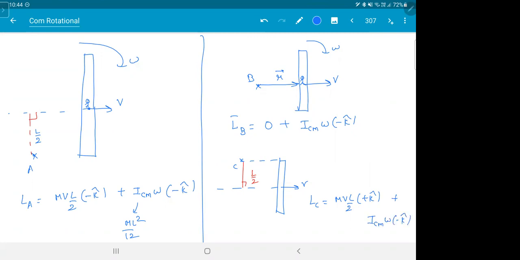Hope everyone got this. Any step you didn't get, please ask me. The sign, the magnitude, anything. So out of all the angular momentum, these things are a little tough to do, the rolling ones. You have to calculate both the components. Have a look at this. Any doubts, ask me.